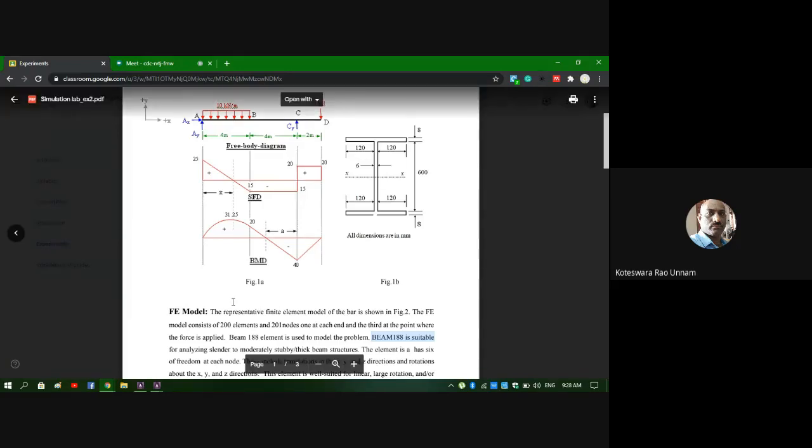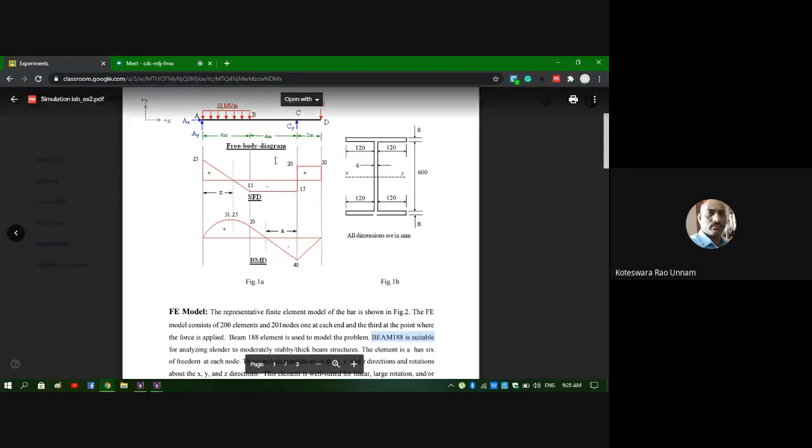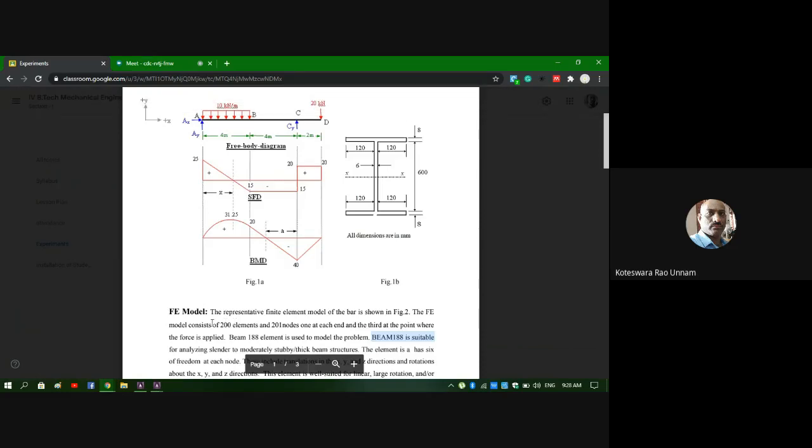So for that, first I tested, I chose 200 elements. That means I need to divide this entire beam into 200 elements. In the previous class, we discussed that there are two types of approaches to create an FE model. One is the direct approach, another one is the indirect approach. In the direct approach, you can create nodes and elements directly.